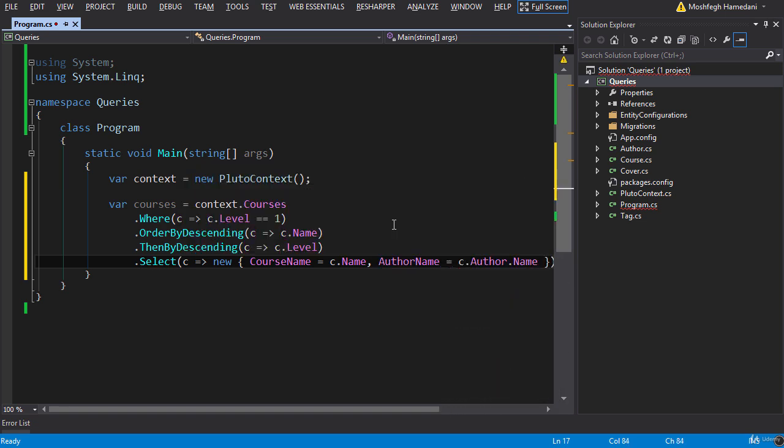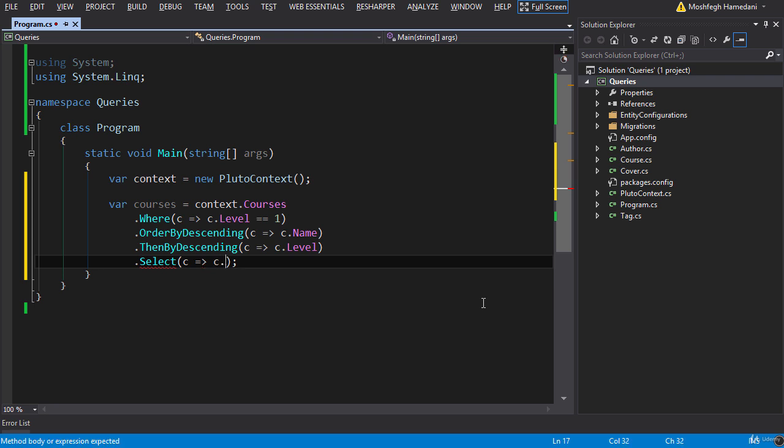So know that because we have a navigation property here, Author, we don't need a join, like how we do in SQL queries. We also have another select or projection method, which is called SelectMany, and we use that to flatten a hierarchical list. Let me change this example. So instead of projecting into an anonymous object,